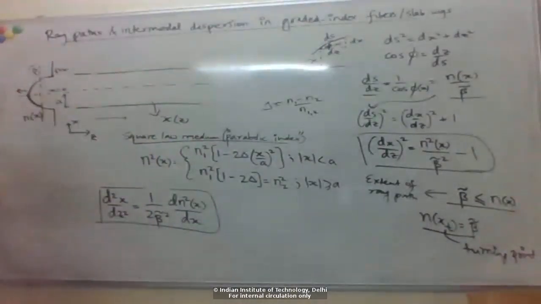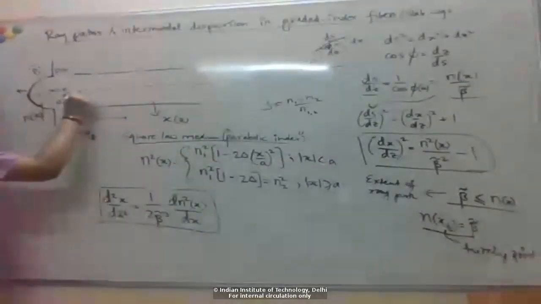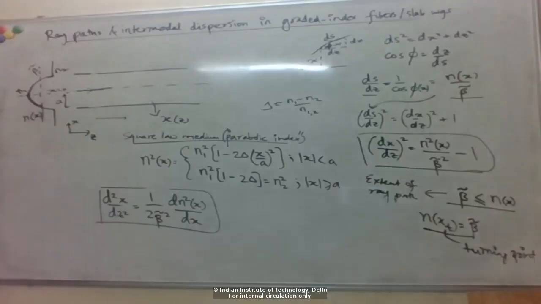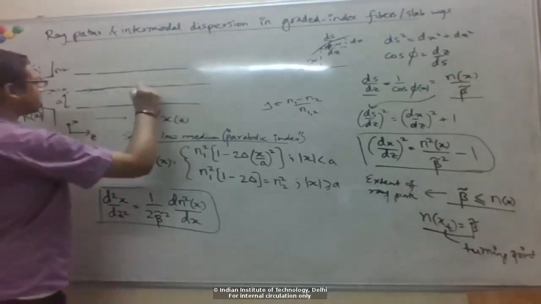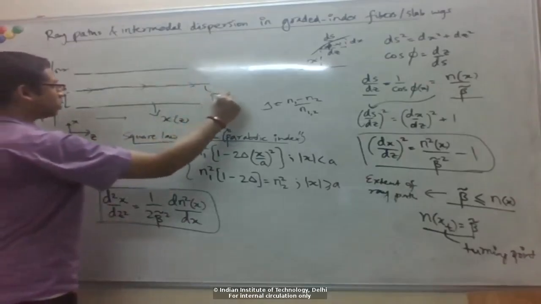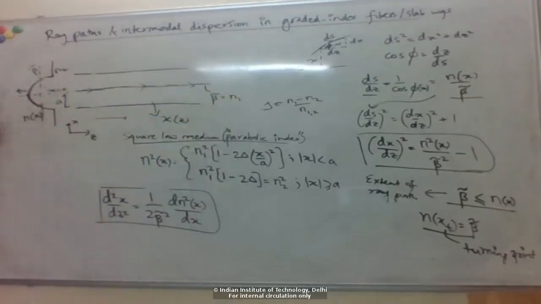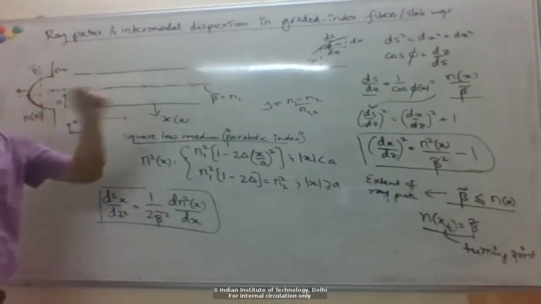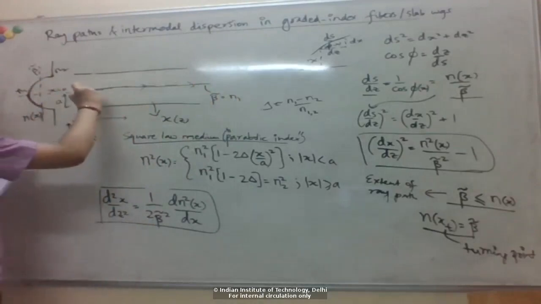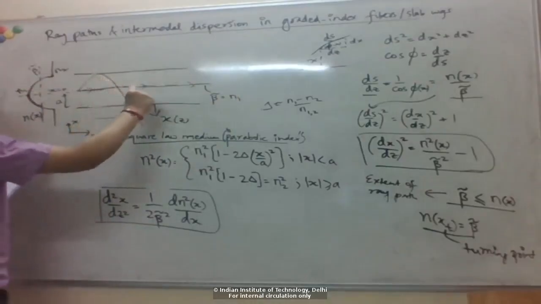One limit, as one student said, is if I launch the ray along the propagation axis, then we expect it to go straight through. This will be if beta tilde is equal to n1, which means it's a ray along the axis. Now if I launch something that goes up to the edge and comes back,